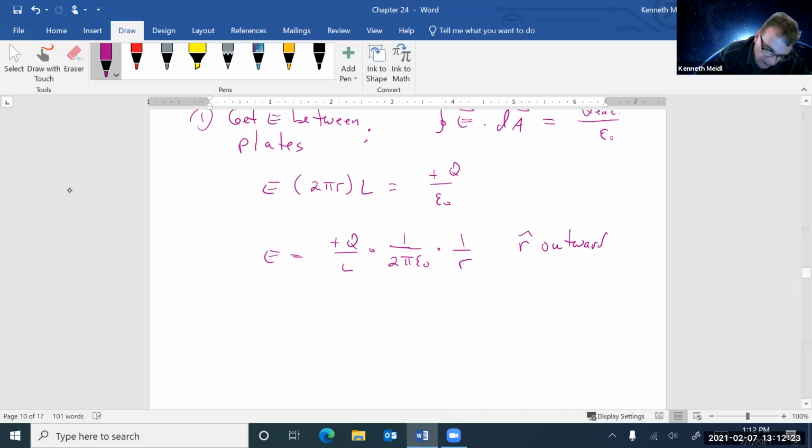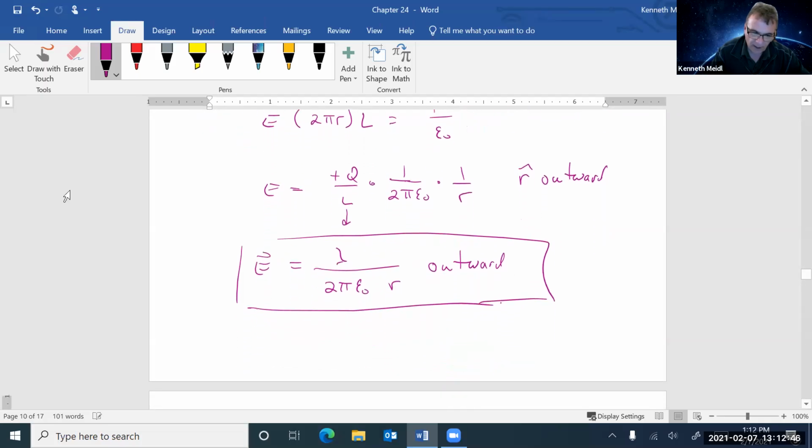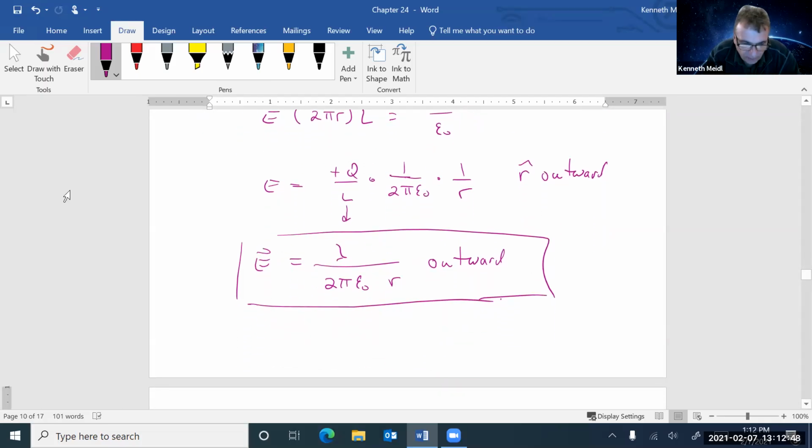And the reason I kind of wanted this is because this is typically what people call lambda, the charge per unit length. And then you have a 2 pi epsilon 0, 1 over R. And so there's the electric field, and this is pointing outward here. And maybe I'll just forget the unit vector here since I already have the word outward there. Okay, so this is what the electric field here looks like, and then my second step here is going to